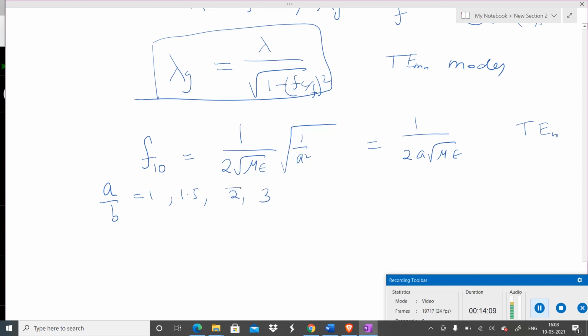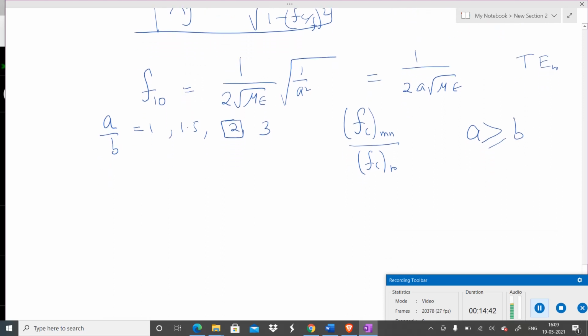Although 2 is very famous, that is, a is kept twice that of b in most rectangular waveguides. And then what will be the ratio of the cutoff frequency for a particular value of m and n divided by fc at 10? Throughout we take a greater than or equal to b. Okay, so now whatever be the ratio of a and b,